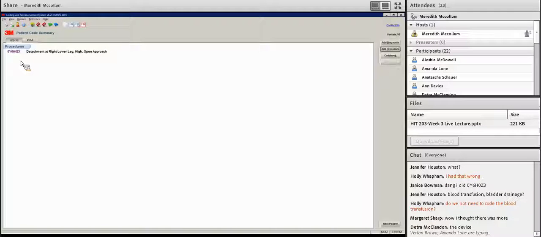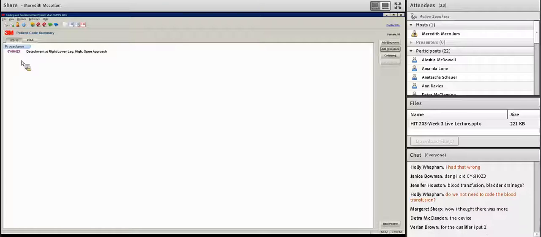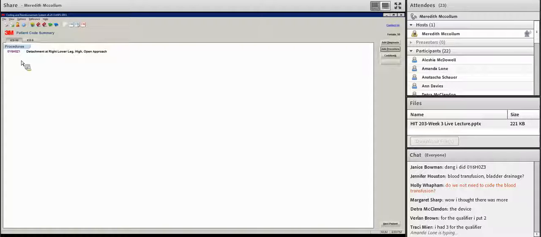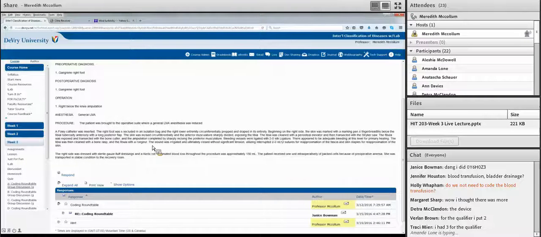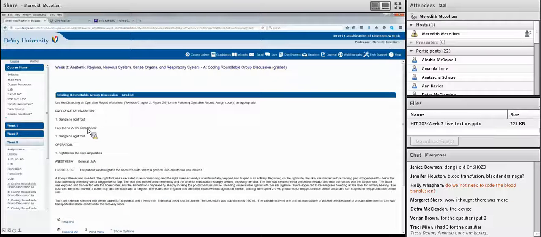No, you don't have to code the blood transfusion, and you don't code the bladder drainage. The blood transfusion, okay, let me talk about the blood transfusion. And with the catheterization, this is picked up by the charge master. This is where they do this to every single patient. So what you need to know from this is you don't ever code that. The blood transfusions, this is where